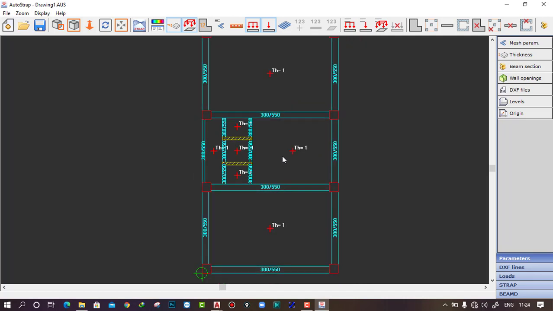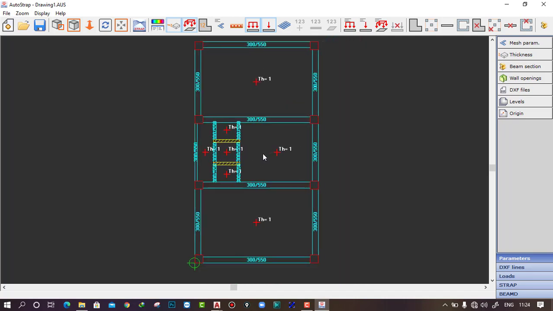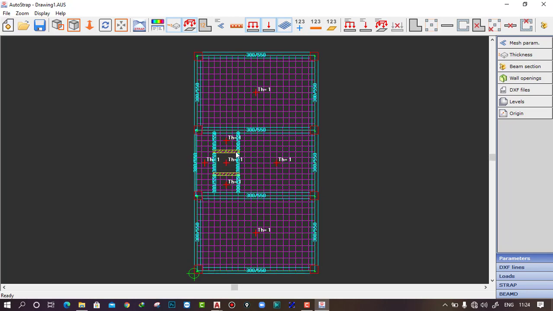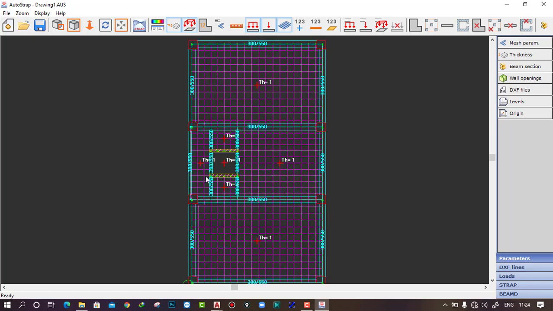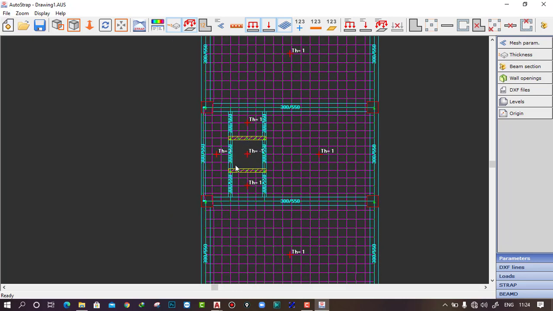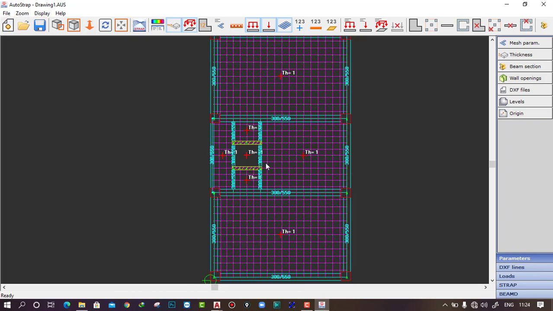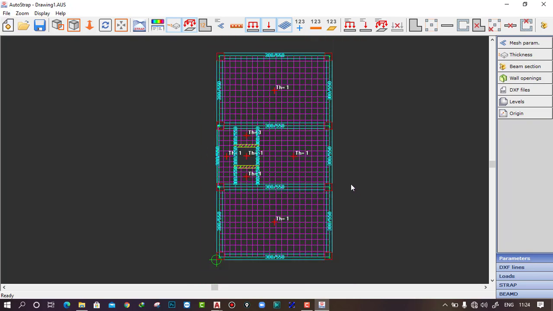Now to see whether the opening we have created is there or not, here you have the option display mesh. Click on display mesh and you can see the total area is meshed as there are slabs, but this area is an opening. Now how to differentiate whether there should be a slab or not, because at the top floor we need one slab there. So this is the typical floor plan. What we can do, let's go to levels here,